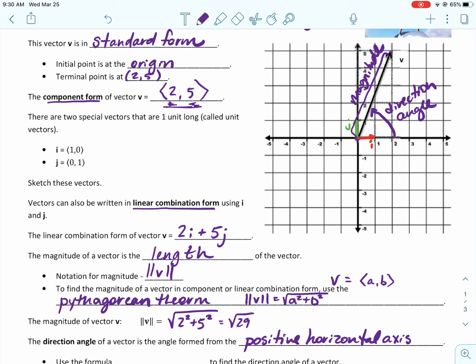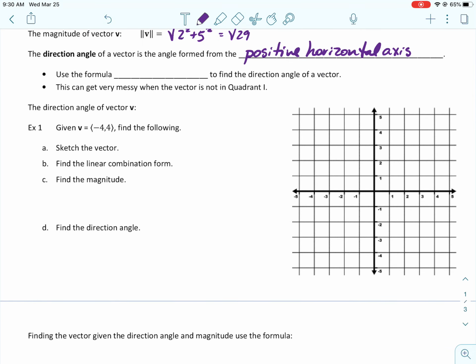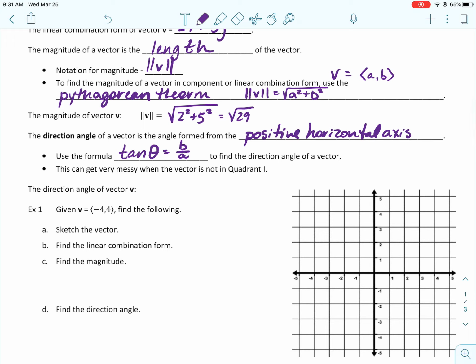All right, so if we go back up here, this is the direction angle. The direction angle tells you the direction the vector is going to point, and the magnitude tells you how long the vector is. If we wanted to find the direction angle of a vector, we're going to use the formula that the tangent of theta is equal to b over a,